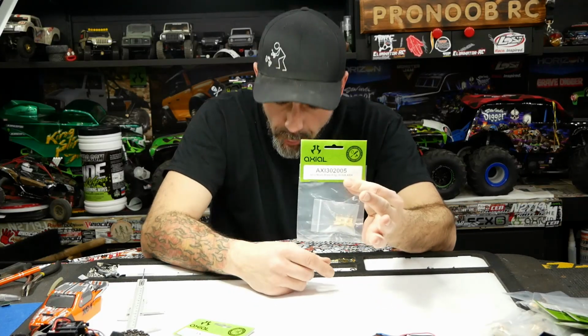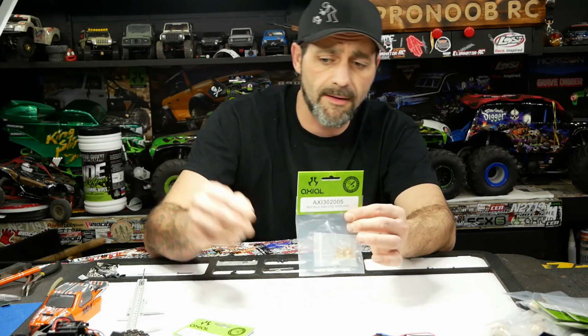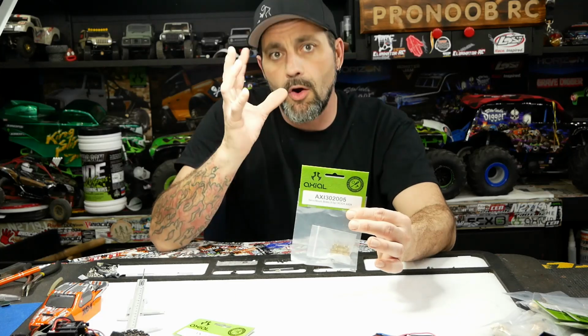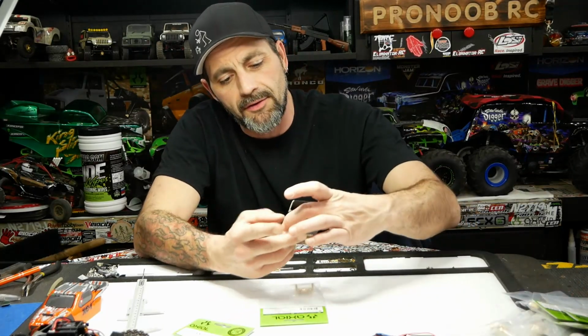I also grabbed one of these. Should have grabbed 2 of them because there's two servos, but I wanted to see if I could fit our Emax servo into this brass mount before, because these stock servos are not good enough once we add all this weight to the truck. So they're barely keeping up as it goes. We're going to upgrade to our classic Emax servo